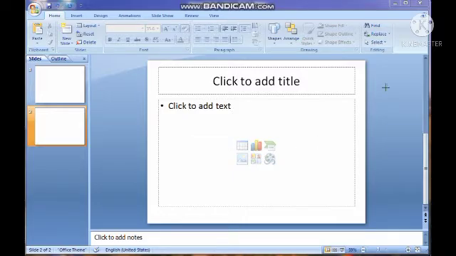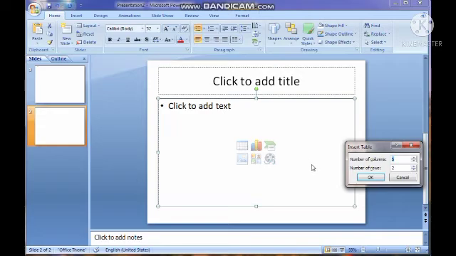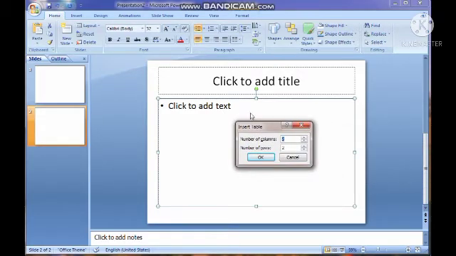Now I'm going to explain how to insert a table. First we click on the insert table option, this option. When we click on this option, you can see the insert table dialog box appears. In this box we can enter the number of rows and number of columns.